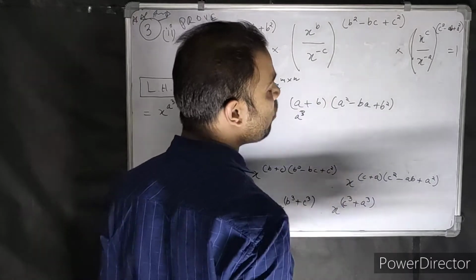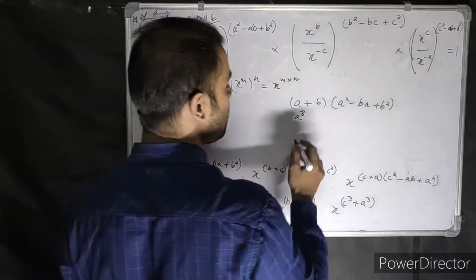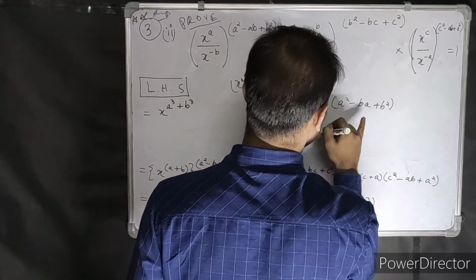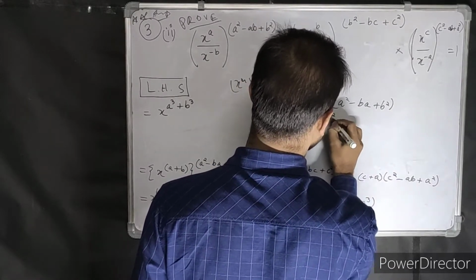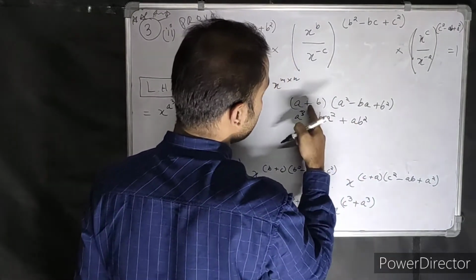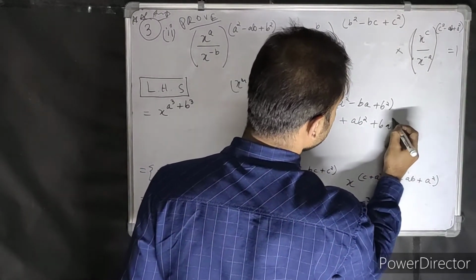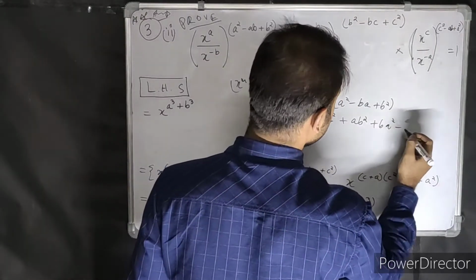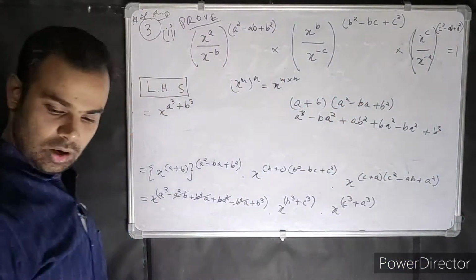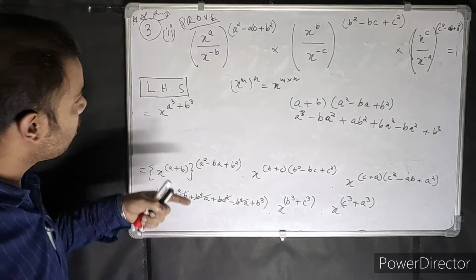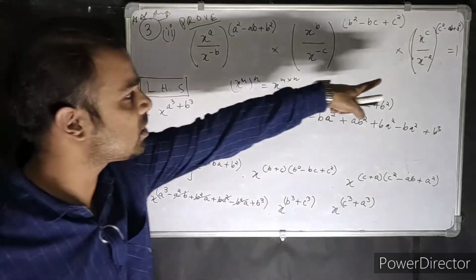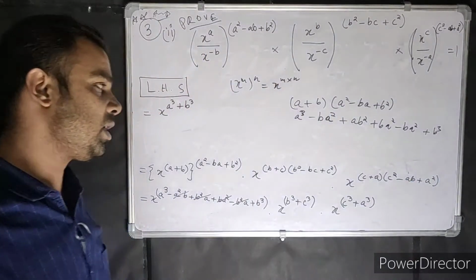Okay, this is the problem with the R.D. Sharma book. There are a lot of mistakes. So I am going to correct this question, so don't worry. This is minus ba square, then plus ab square, then plus ba square, minus ba square and plus b cube. Yeah, it's all correct because this is the question that's given. Like this only, a minus b, and they're saying to prove it's equal to 1.